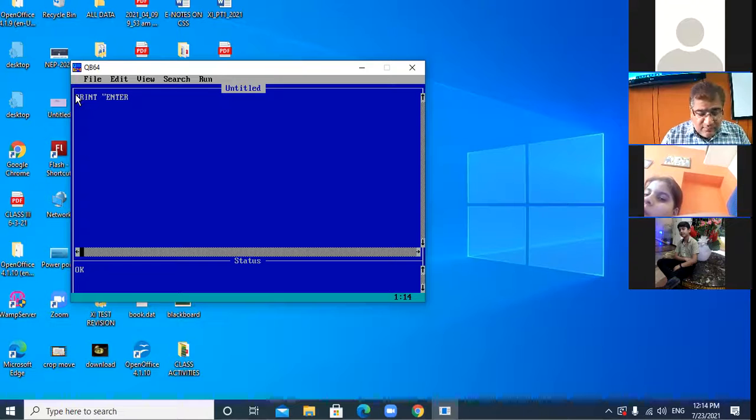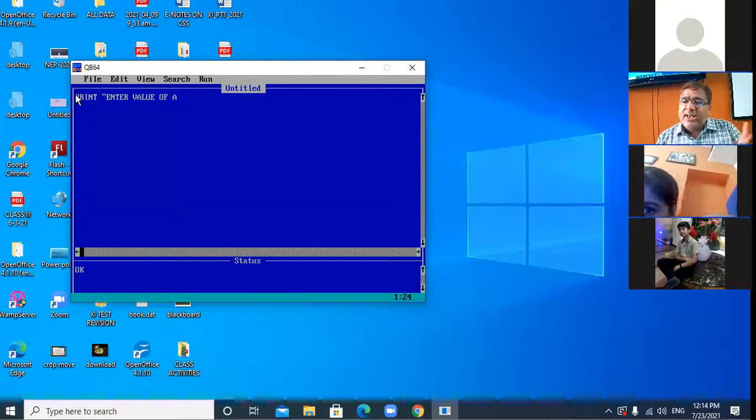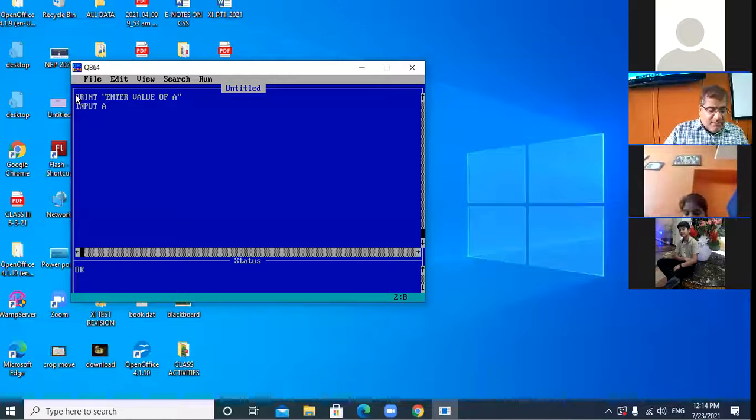Enter value of a variable. Let the variable be a. यूजर को कमांड दो कि a की वैल्यू एंटर करे. The command is input a. Input command is used to take input from the user.